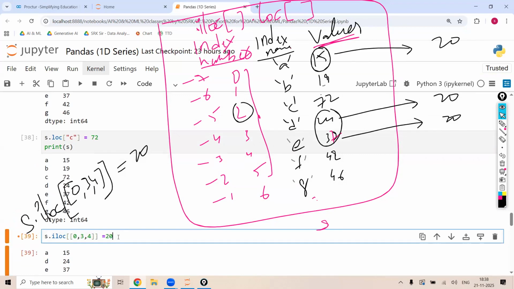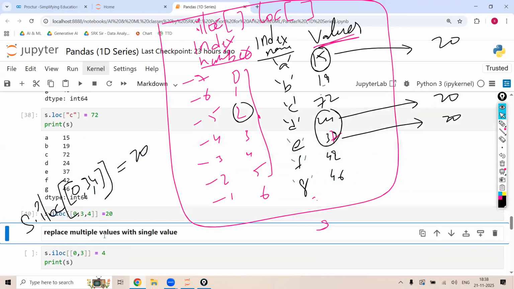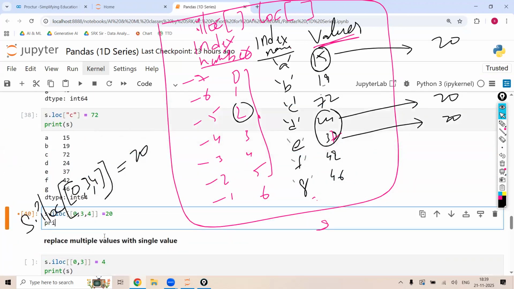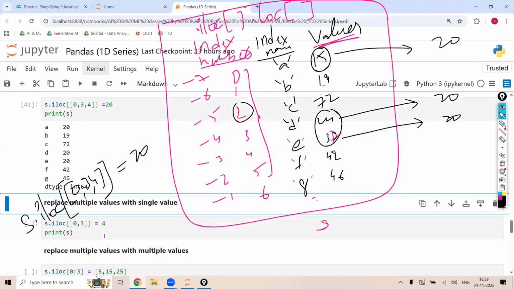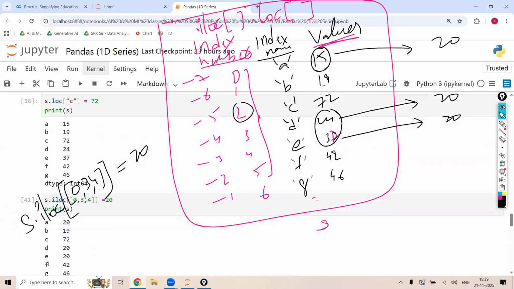On the right side, a single value. If I want to replace with a single value, a single value. No, sir, I want to replace multiple values. Then you have to write the multiple values. So now I'm going to write like this and print my S value. Now S value was replaced like this. These three of them are replaced with the 20. Either you can use loc or iloc. That is your individual choice. Now like this, it is getting replaced. Now next,